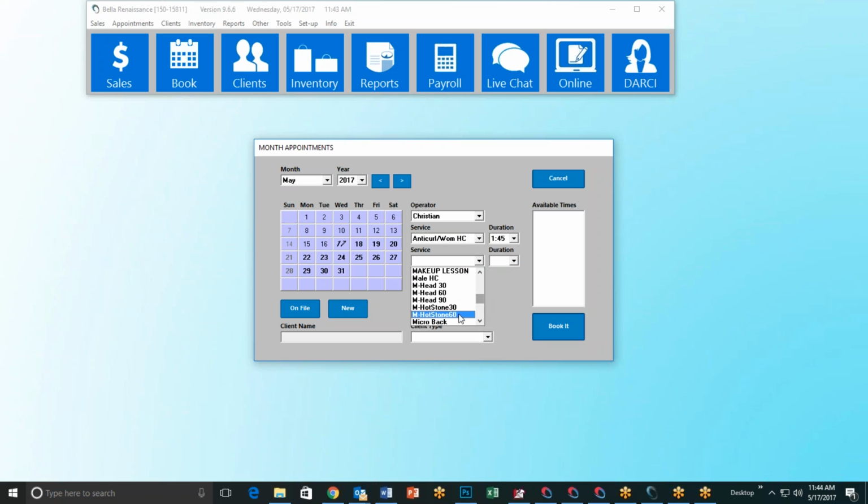So I got an anti-curl with haircut and perhaps a hot stone 60. This is a full 2 hours and 45 minutes worth of appointments. Again, days may have grayed out if he didn't have a full 2 hours and 45 minutes available in one gap of time. So then any days that are left black, I can click on and see the available times